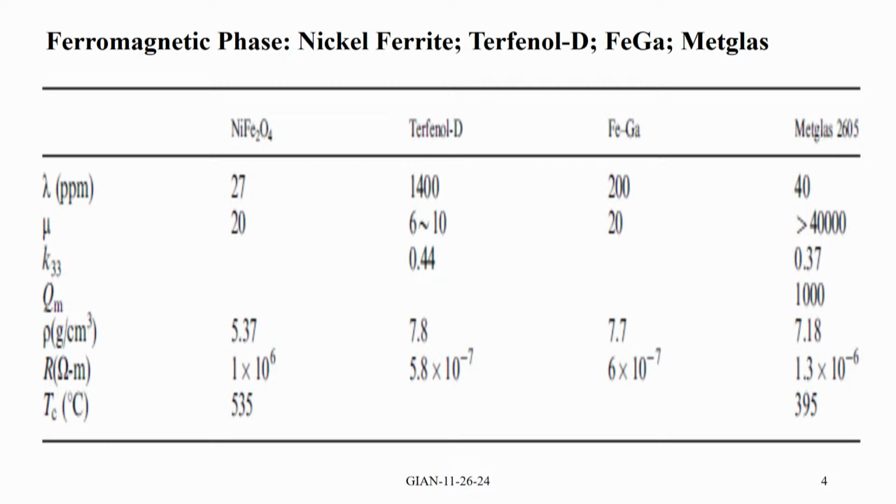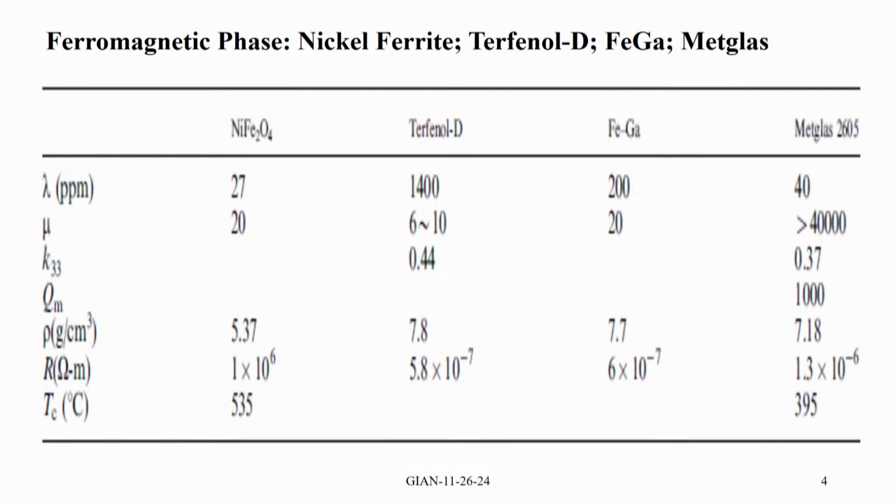But as I said, the advantage is it is very flexible, it is a polymer. And for some of the ferrites and the alloys, the parameters are listed here: magnetostriction, density, the mechanical coupling factor, resistivity and Curie temperature. The Curie temperature is high enough that you do not have to worry about any threshold limit for the applications, because they are well above room temperature, they can be used even if you go 100 degrees above the room temperature, that is fine.